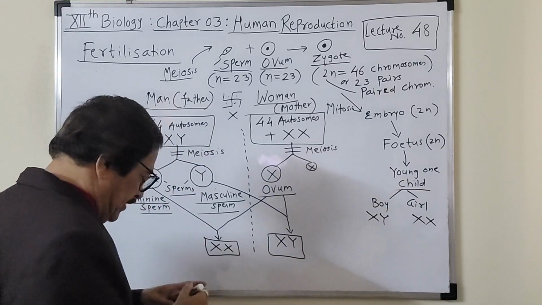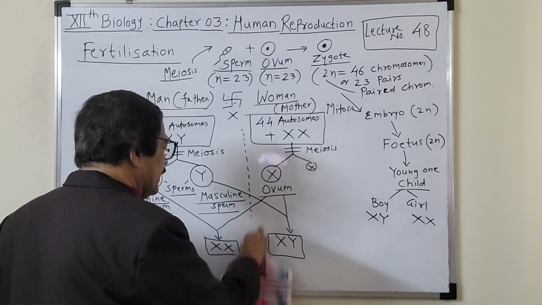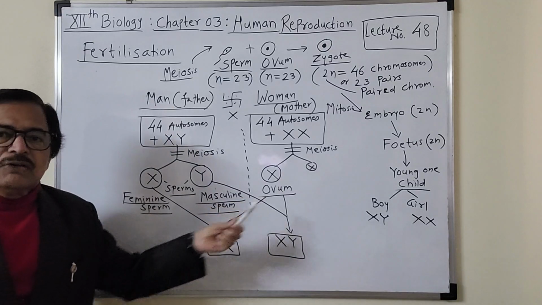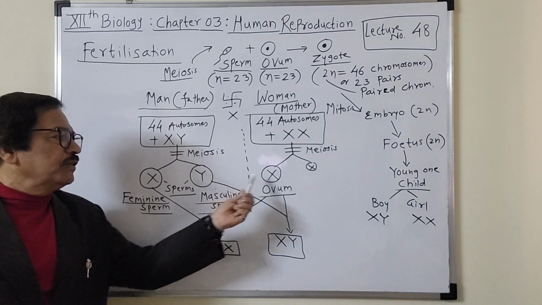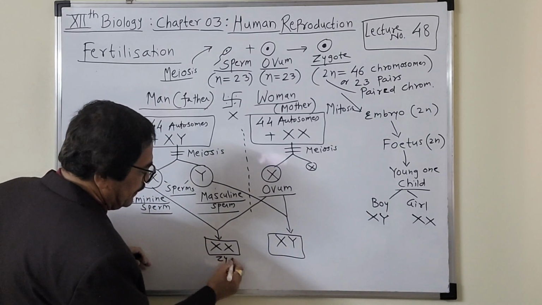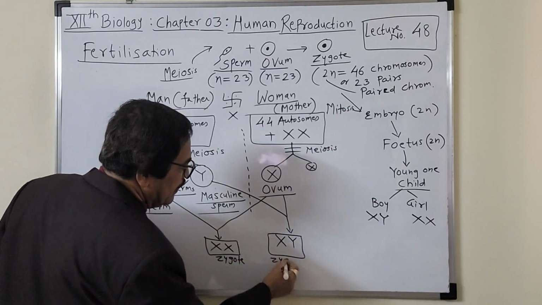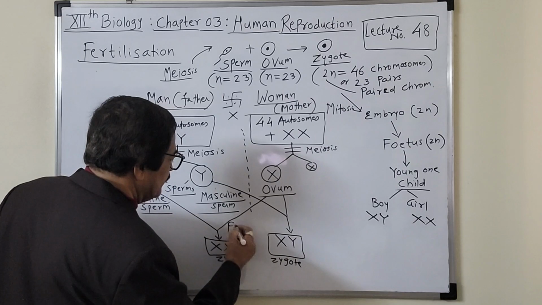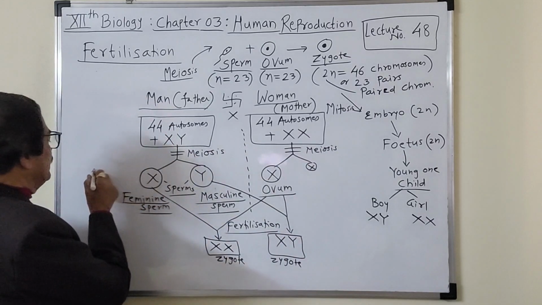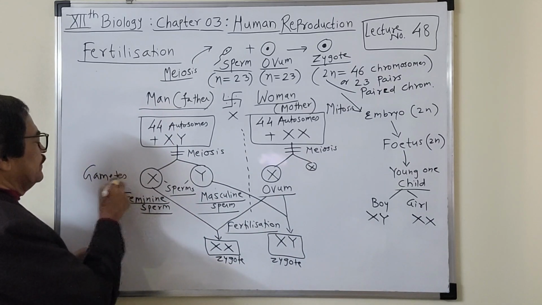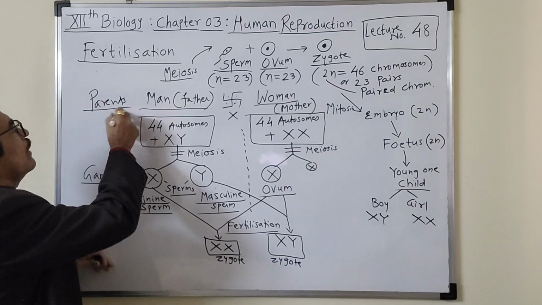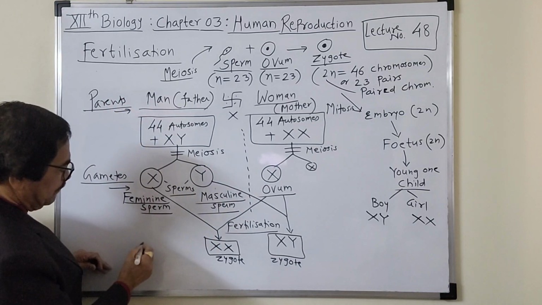So 2 types of the combinations are possible there, okay, either XX or XY। If feminine sperm is fusing with the ovum, you will get XX, and if masculine is fusing with ovum, you will get XY। So this XX zygote, ये zygote ही है और ये भी zygote ही है after fertilization, because the act is known as what, fertilization, that we have just discussed। इसको ही हम फर्टिलाइजेशन कहते हैं, फ्यूजन ऑफ मेल गैमेट। ये गैमेट्स हो गए यहाँ पे, these are the gametes, ये जेनेटिक चार्ट में, ओके। ये है पेरेंट्स, P1 जनरेशन, ओके। और अभी ऑफस्प्रिंग जो आने वाले हैं, offsprings and the young one,